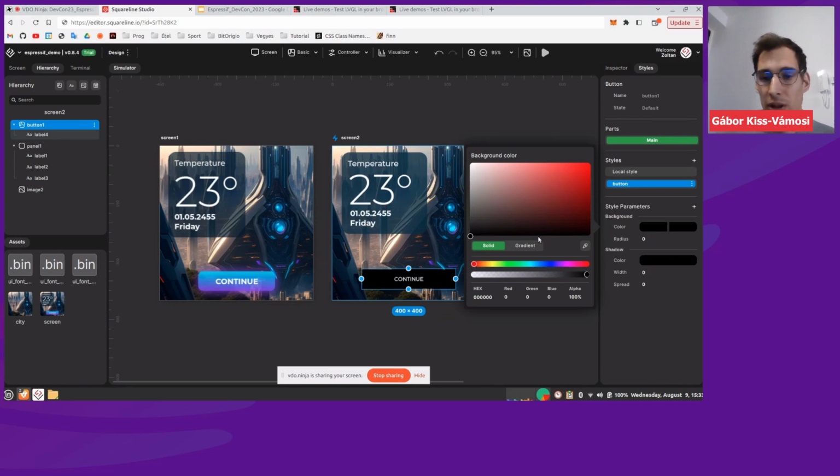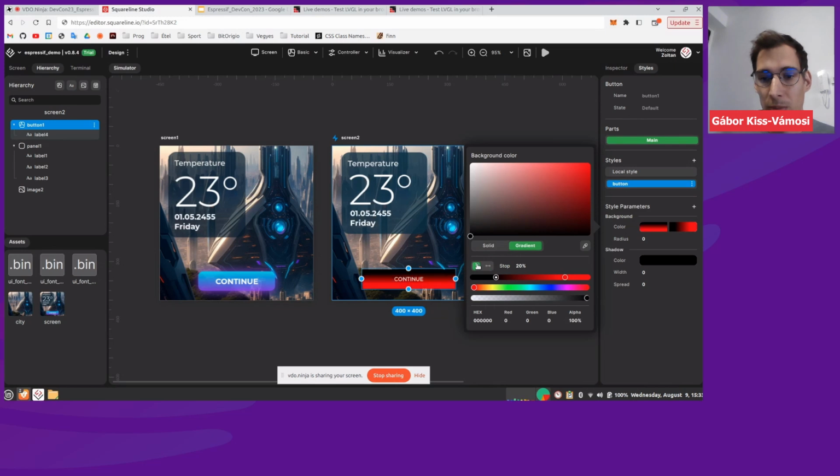For the color, we will use a gradient. You can just click here to create a gradient. Let's make it vertical. Here you can adjust where the colors should start. Let's make them start from the end. And for the first color, let's pick this blue from here.